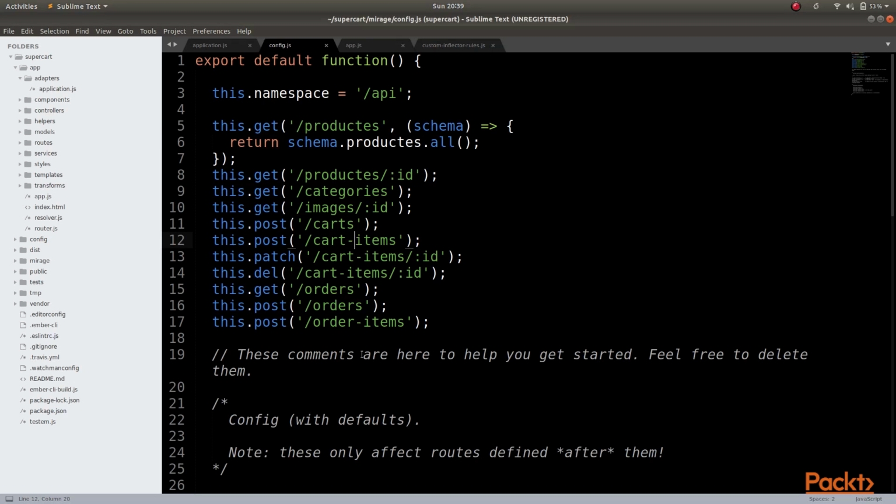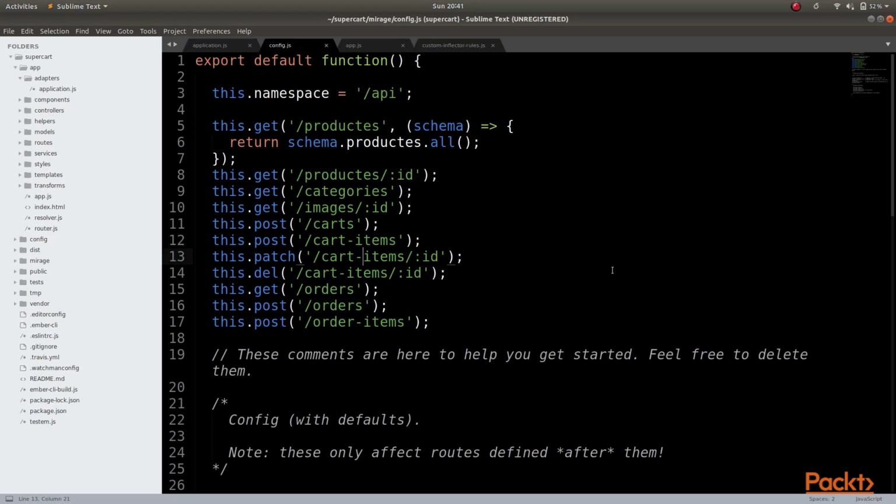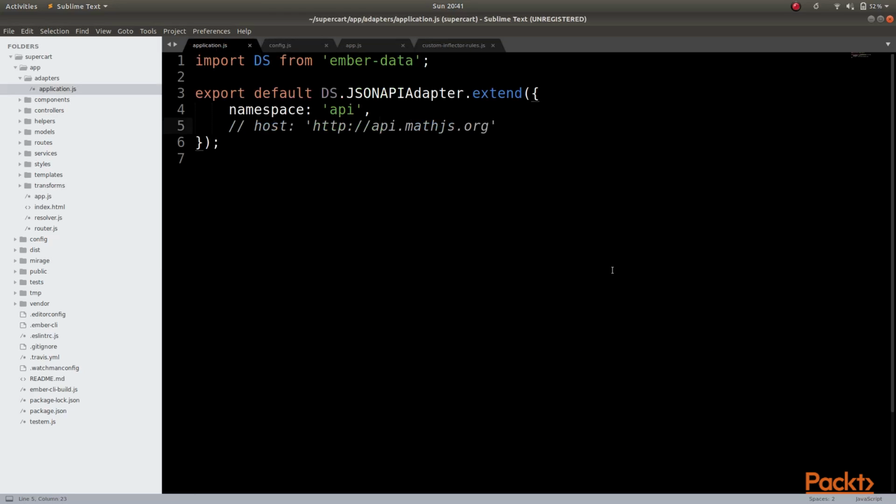For example, if our API expects certain models to have an underscore in the URL, like cart_items instead of cart-items, we can use the pathForType method to specify that we want to customize the path to an underscore. Another important customization in our adapter is the headers customization, which can be achieved by adding